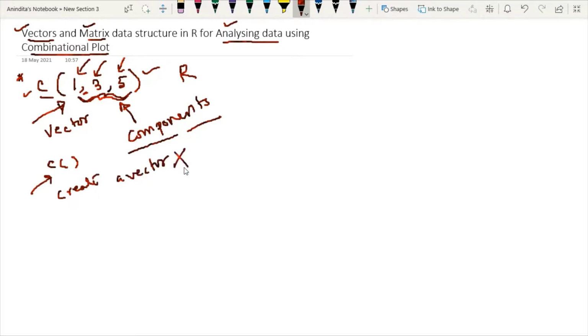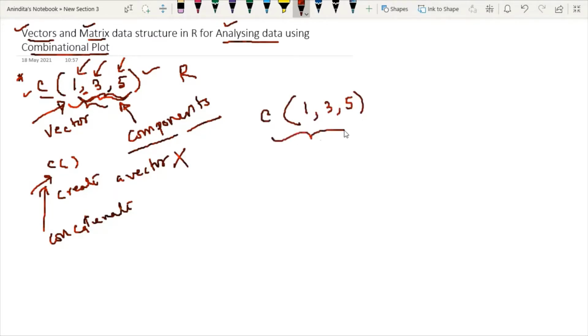But this is not correct, because c stands for concatenate, and this c function is used to combine the vectors. So whenever we are writing some vectors in a sequence, the c function is used to combine them.